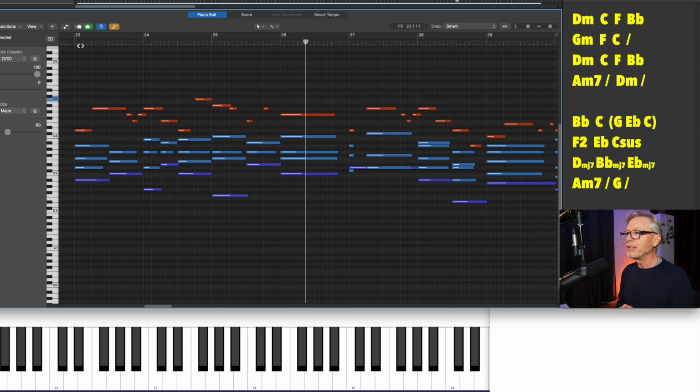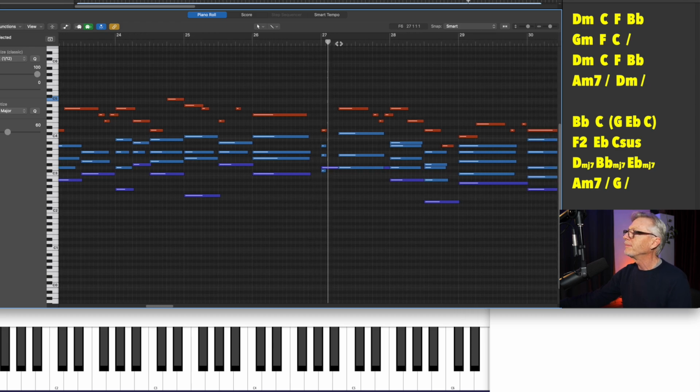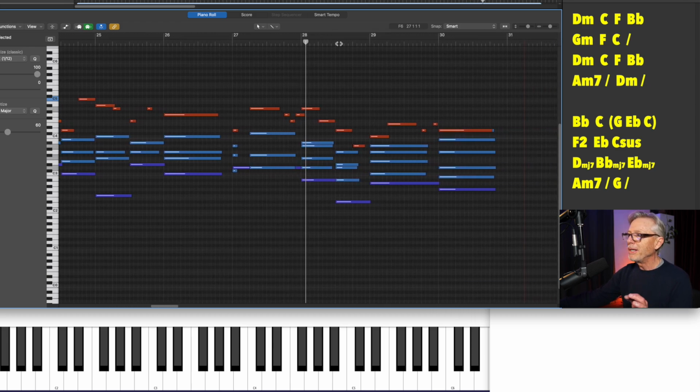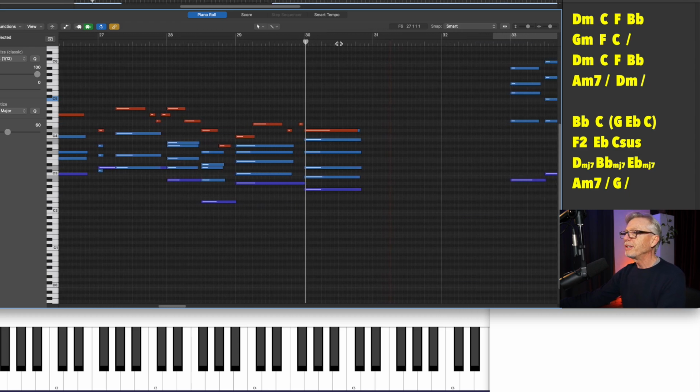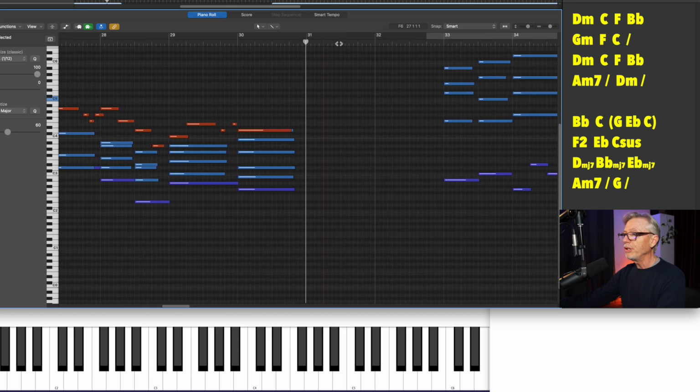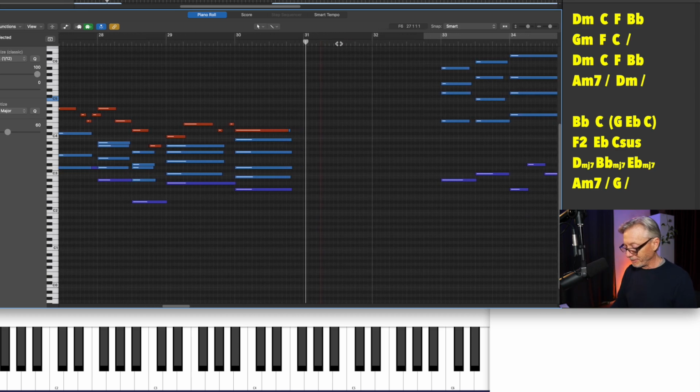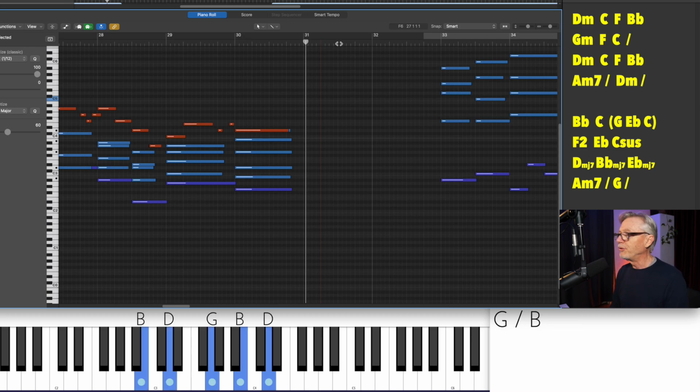Well, going on, I wanted something even more expansive. And so I have a harmonization, you can see it over here, that says D major 7, B flat major 7, E flat major 7. And this sound is airy and transparent. The major sevens, same melody. And instead of resolving to D, I resolve to an open G. And that D in the melody with the G chord, even over the B as I'm playing it now, is so kind of light and transparent